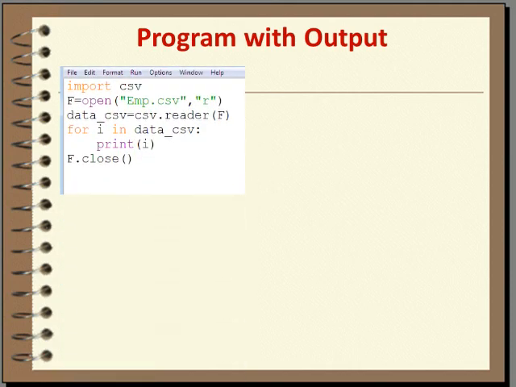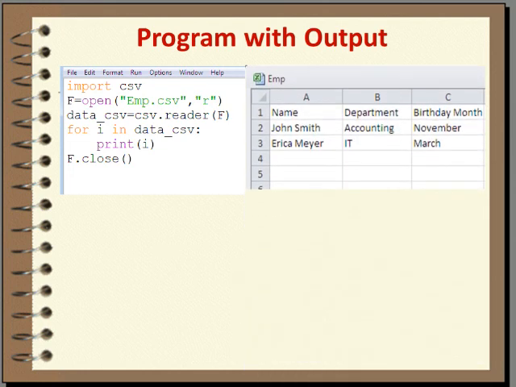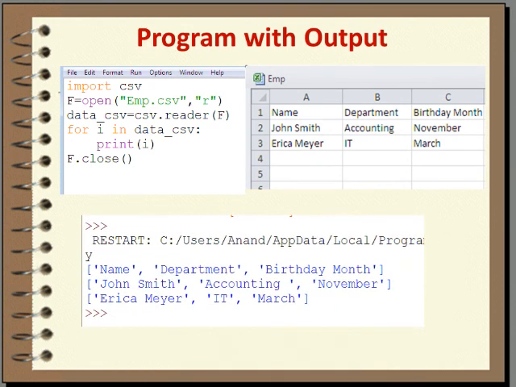So here is the program that we have written in Python. The same program I have explained to you, and this is my CSV file, and this is the output that I will get after executing this program.